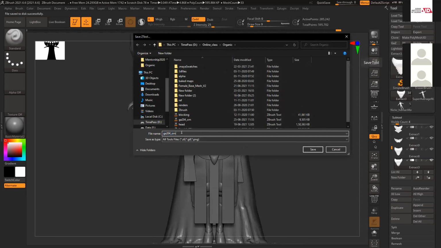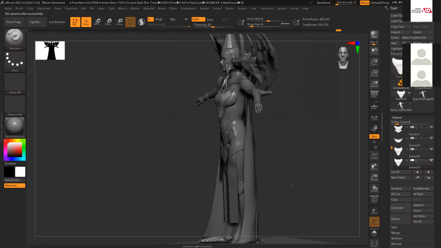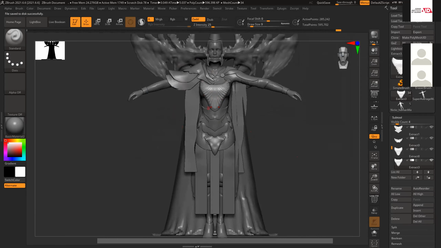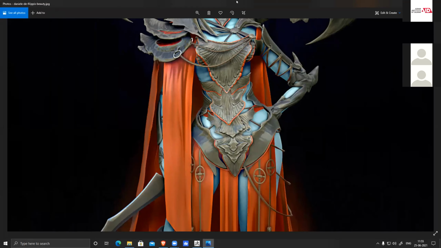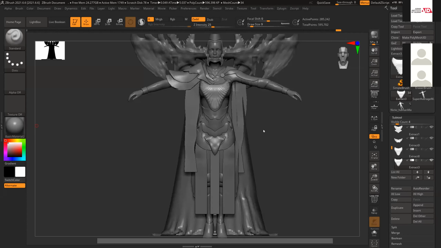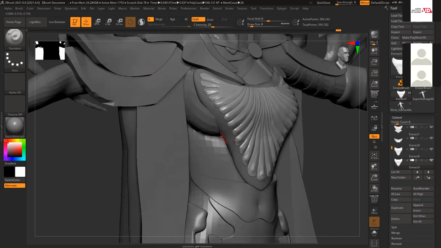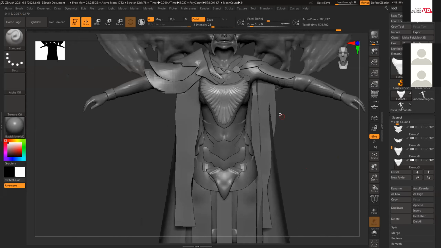Let's save one more version, in case. Like this, I'll start adding detail. So all the layering you can see here, I'll separate them and create it like this. It will look nice also, and baking also gives me a better result because I have a very clear distinct separation between these two. So normal also bakes very nicely, and I can generate those things very easily. So like this, we'll start adding detail.